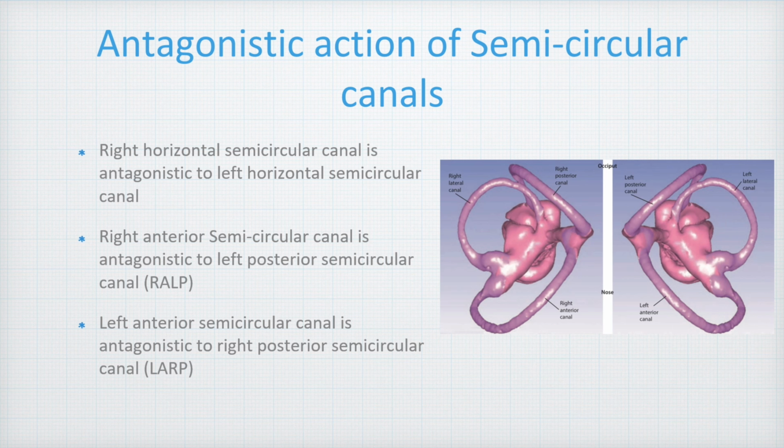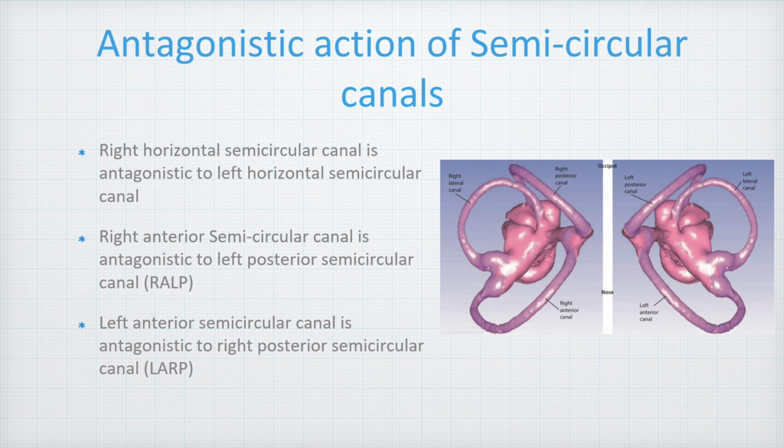Because the semicircular canals are positioned in our body in such a manner that they are antagonistic to each other, just like extraocular muscles. So as you can see in this picture here, this is the right posterior semicircular canal. They are parallel, right posterior semicircular canal and left anterior. Anterior is another name for superior semicircular canal. So these are parallel. So right posterior canal is antagonistic to left anterior canal, and this parallel plane